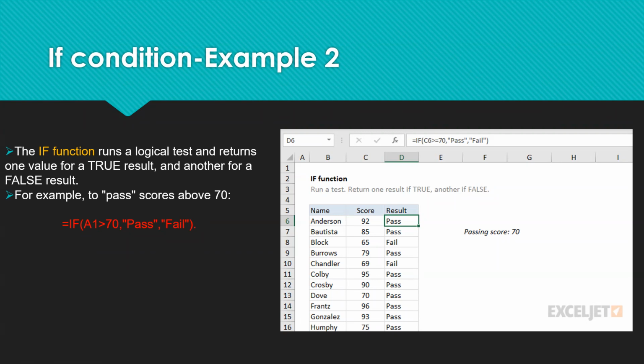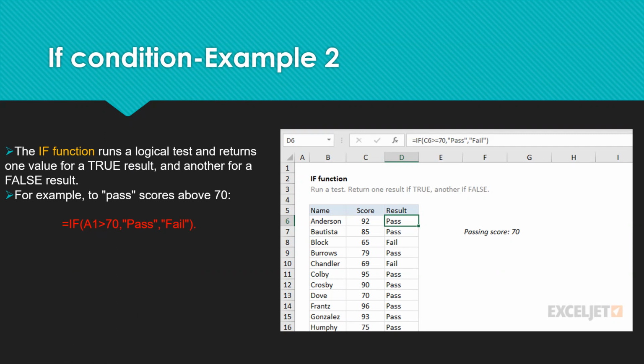So there is a difference between equal to and greater than or equal to. Both are different. Equal to will include 70, and greater than will start only from 71. The IF function runs a logical test, and the logical test is A1 is greater than 70. So A1 could be 70, greater than 70 or less than 70.